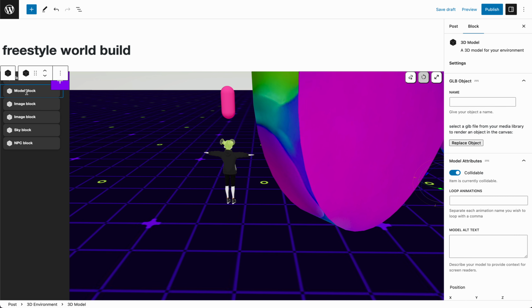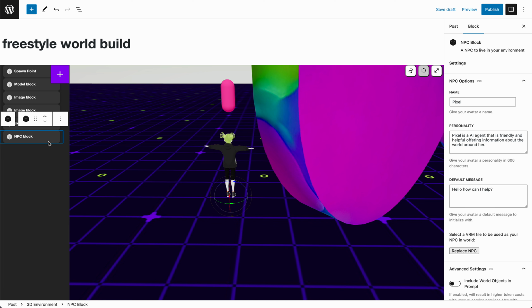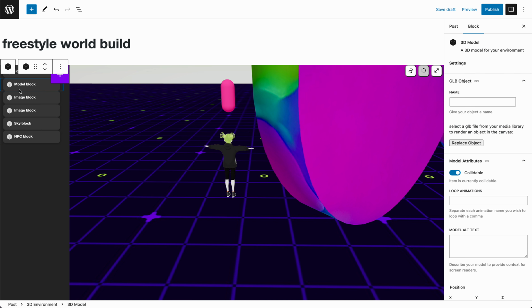And then let's go ahead and go to the model block. I want to give this model block some alt text to describe it because we can include that in the NPC's context. So you can include world objects in the prompt and it'll be able to talk about it. And then from there, we can go to the model and describe it. So